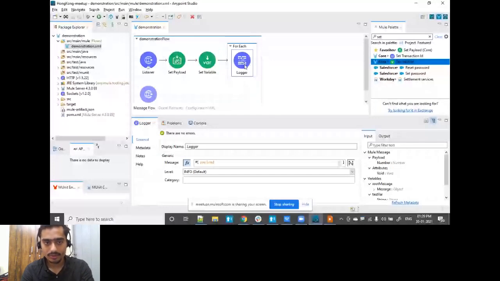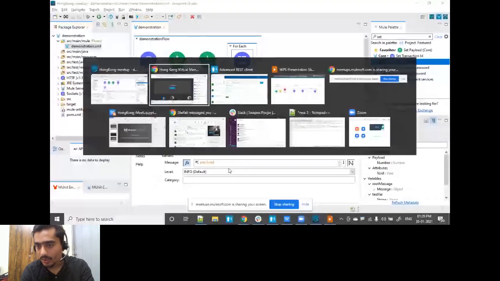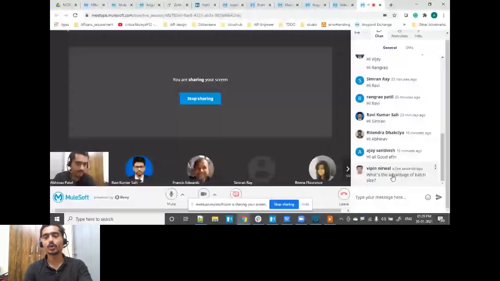Yeah, I can see one question, Abhinav. What is the advantage of batch size? Okay, Vipin. So the advantage of batch size is because this entire for each will have different processors within itself. Sometimes we have certain characteristics which can work on top of bulk. Let's say if we have to insert data in a database, there is a bulk insert operation available to us.